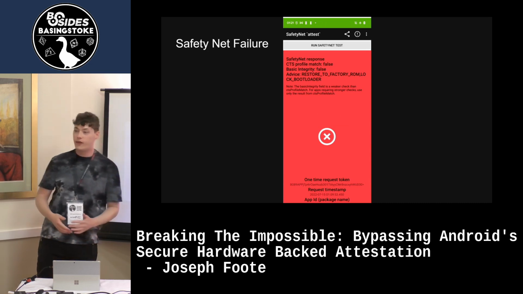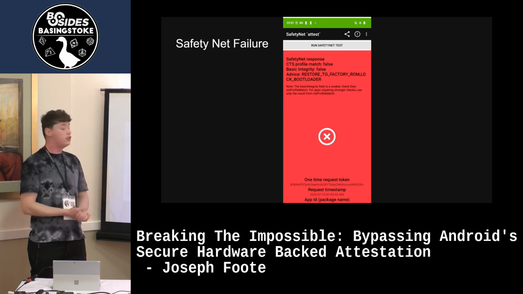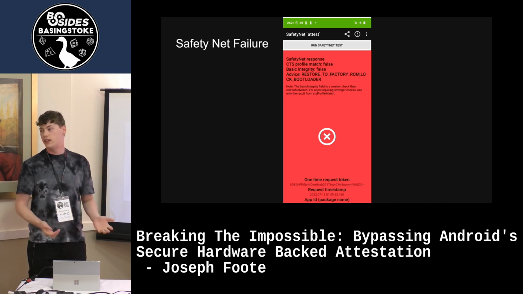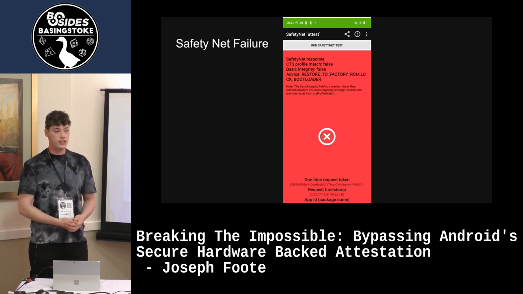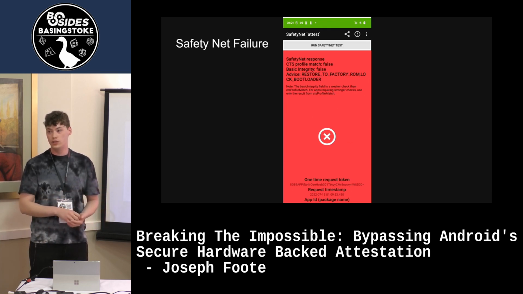So what does a safety net failure look like? Well, this is an application on the Android Play Store called Safety Net Test. You can download this yourself and test it. I believe SafetyNet is only supported by Google Pixel devices, so if you don't have one, you won't be able to find it, or it probably will just say it doesn't work. It may also quite well just do software-based attestation instead and completely skip the hardware portion, which is the bit